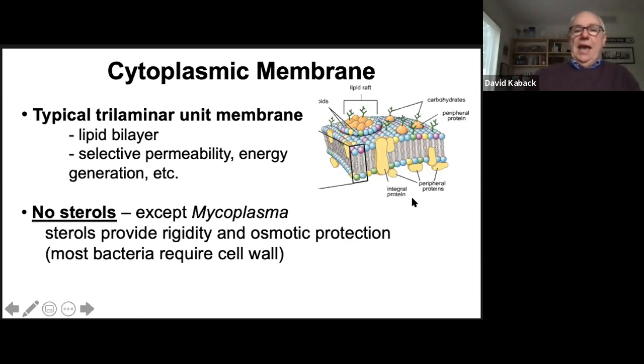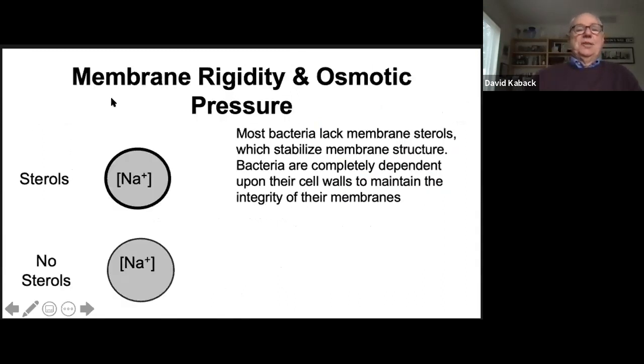All right, and so a typical lipid bilayer. The only difference is that whereas in our lipid bilayers, we have cholesterol or sterols, bacteria, with one exception, which is mycoplasma, which I'll tell you about at a later lecture, don't contain sterols in their cell membranes,